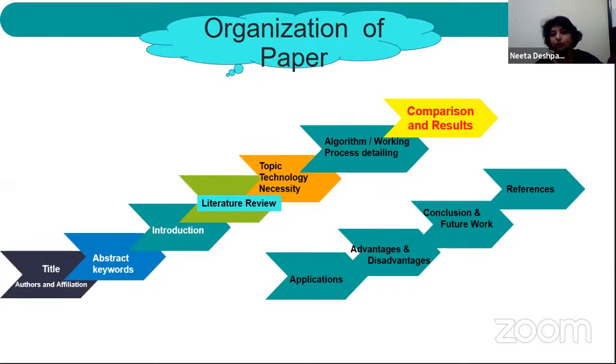The third part is the introduction. Next, you're going to put up the literature review. I'll give you details on what comes in the introduction and what comes in the literature review. In this particular diagram, I've just given you the headlines: title, authors and affiliation, then abstract, then introduction, then literature review, then whatever technology you have been using for your own project that you have implemented or the thing that you are studying.